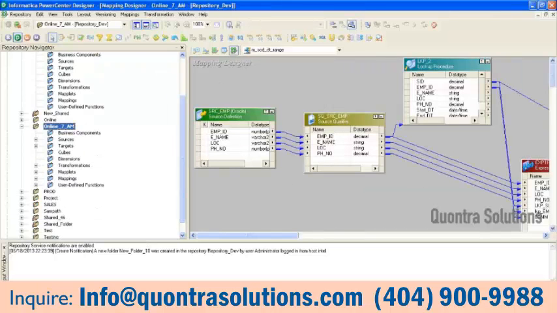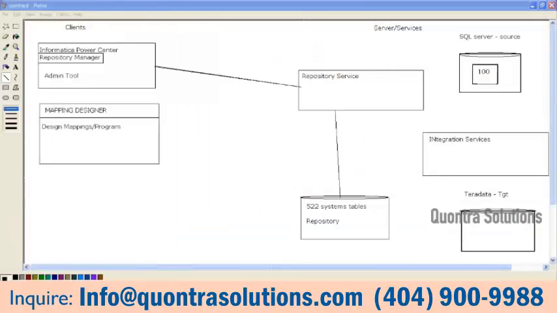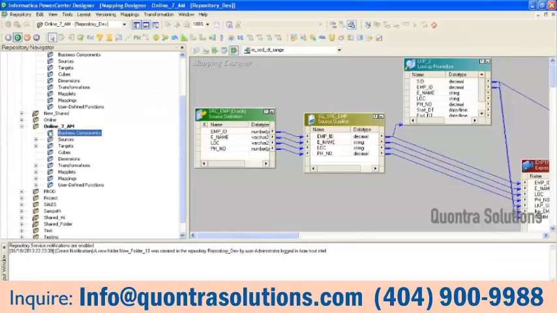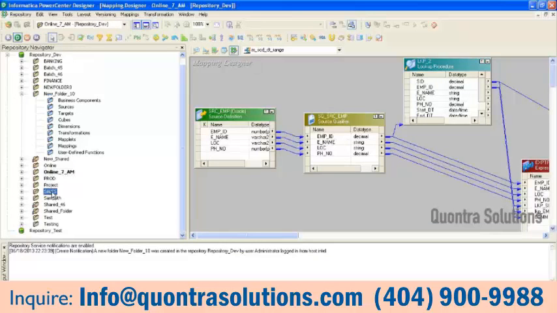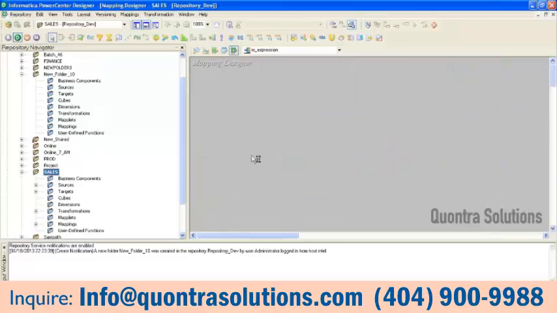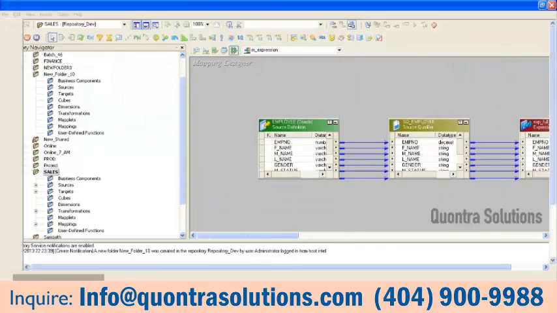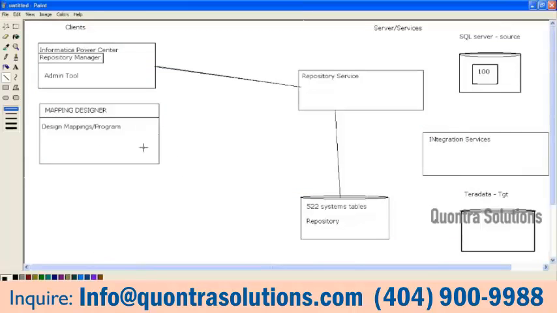We are going to develop the mappings. All these activities we are going to do here in our respective folders. Maybe you are into sales or marketing, you are going to develop sales mappings here. After doing the development activity, we are going to save it, right? Again, the code is going to be communicated through the repository service and the code will be saved into the repository.